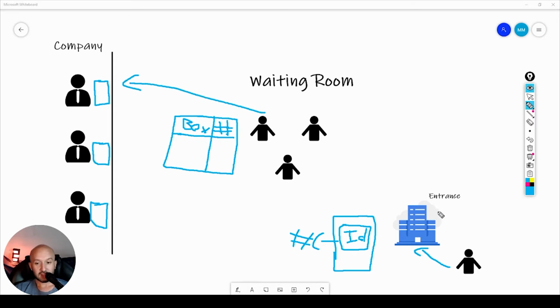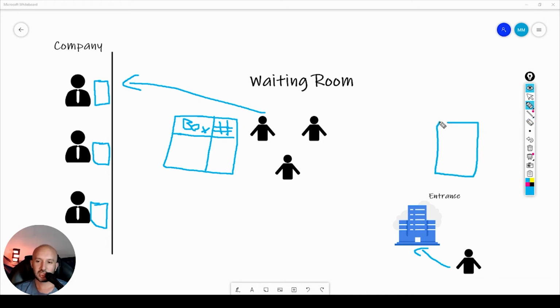We won't do this because the company is not going to have this automatic machine for now. The idea is to invest in it if everything goes right, probably next year, but for now they don't have that. They have a manual machine that just allows the client to get a number. So they go into the entrance, get a number, and then go into the waiting room knowing that they are number 3, for example. And then they just wait for an employee to call number 3.